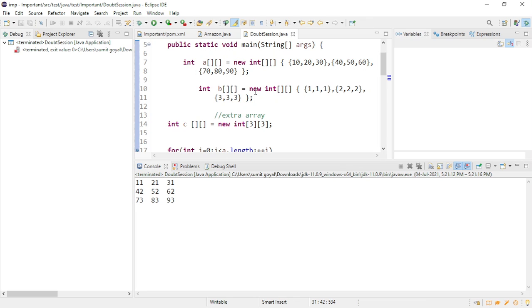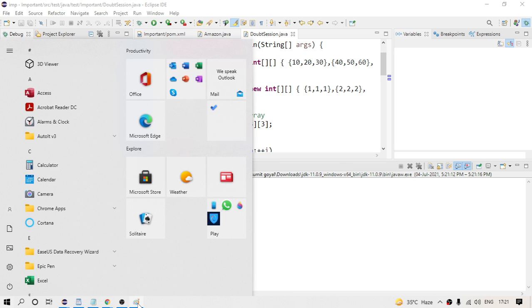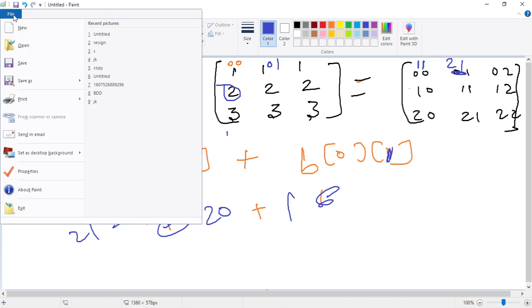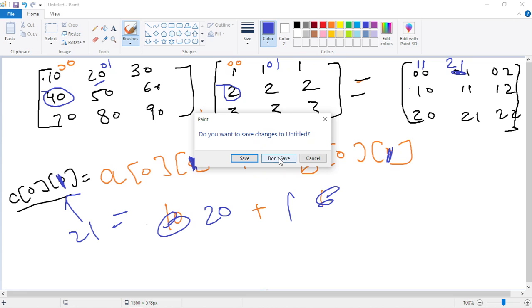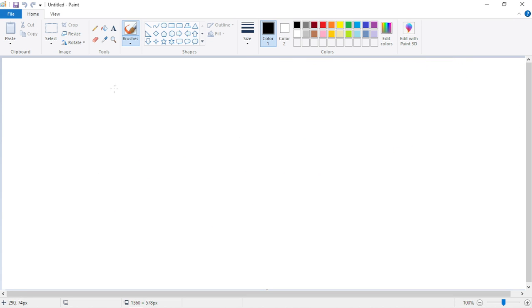Sir, instead of taking 3 rows and 3 columns, we can take 3 rows and 2 columns. Let me open Paint. If I say 3 rows and 2 columns, which means 2, 50, 30, 40, 50, you can also take this.